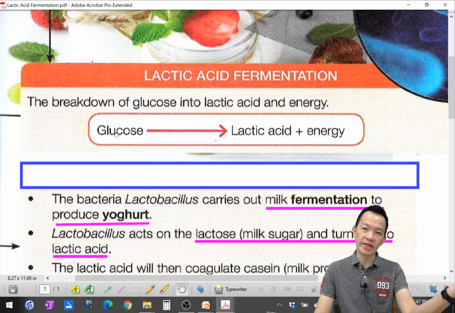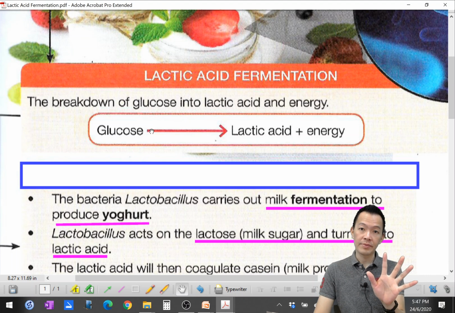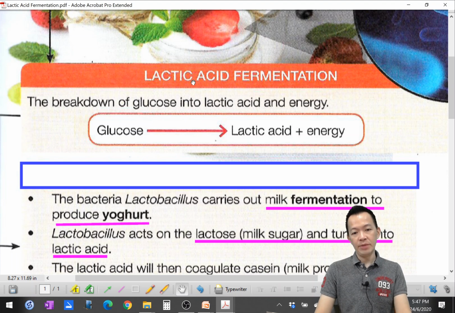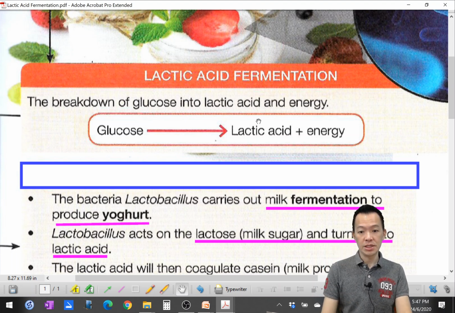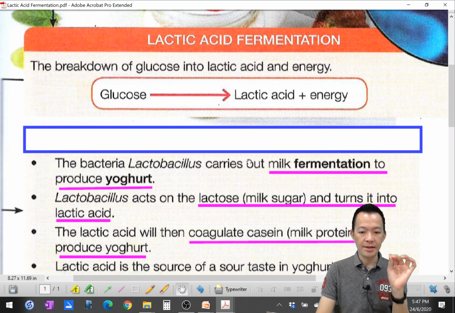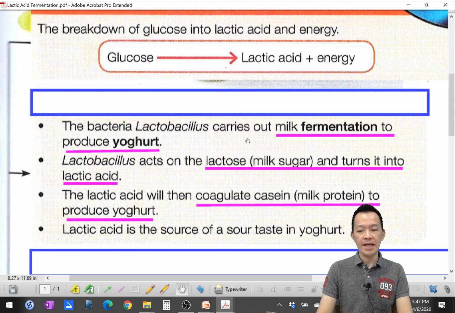Alcohol fermentation takes place in plants, 在植物那边。But for animals, like certain bacteria and animals, or maybe humans 人类, this is not alcohol fermentation. 我们的就叫 lactic acid fermentation because we do not produce any ethanol. 我们没有产生任何的酒精叫 ethanol. So glucose becomes lactic acid and energy. But any example? 有什么例子呢？